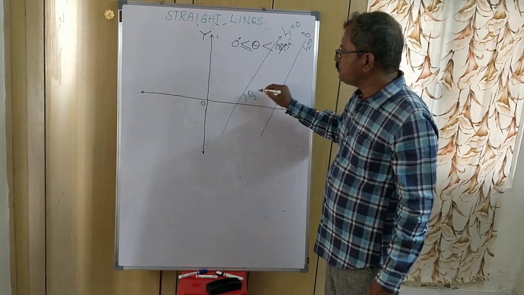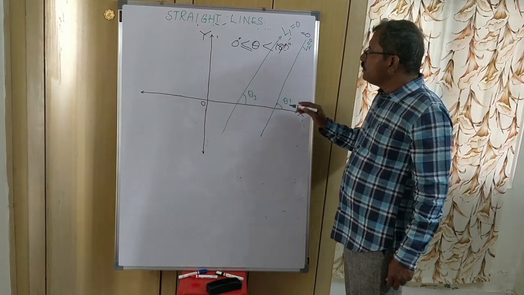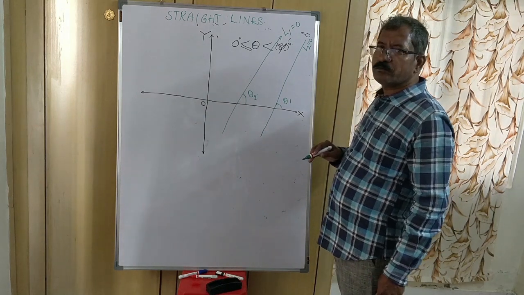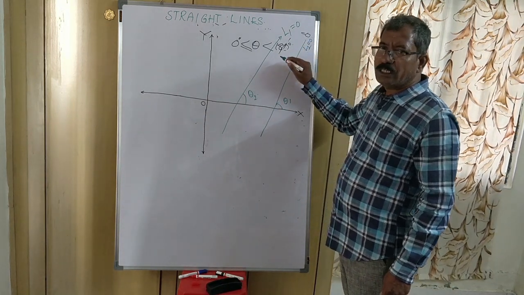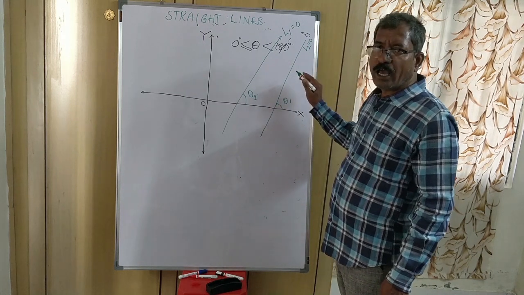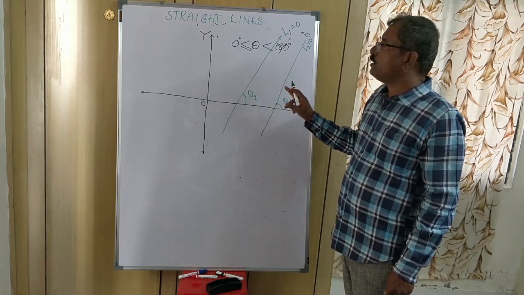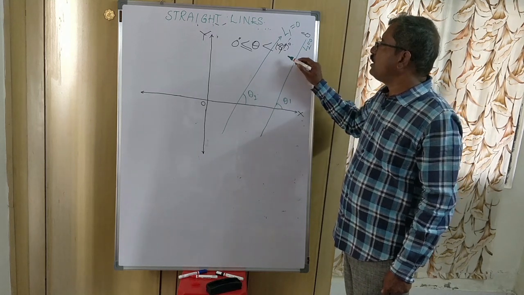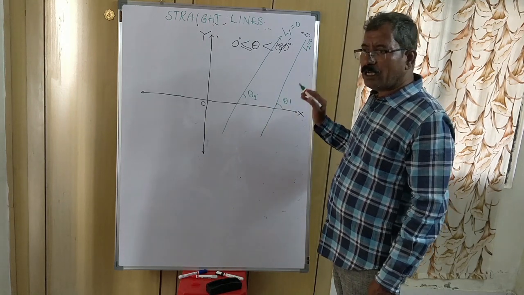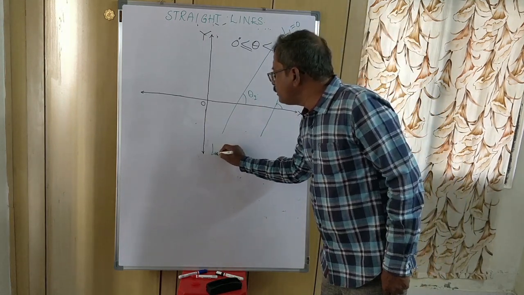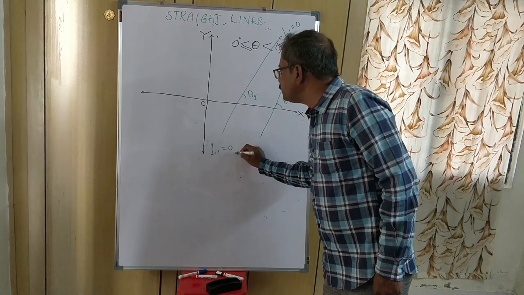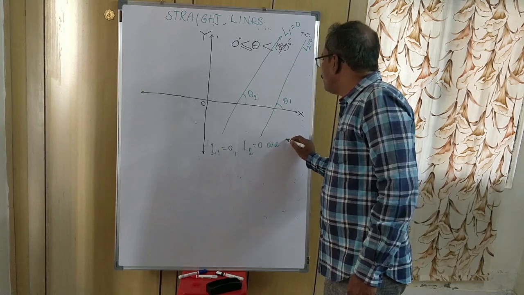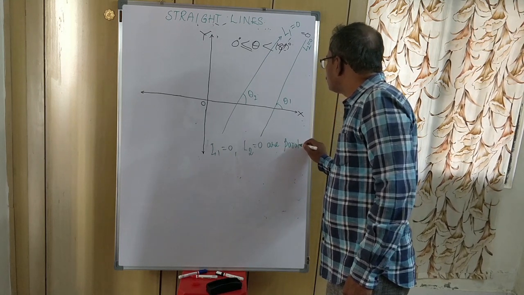If theta 1 is equal to theta 2, that means L1 and L2 have the same slope, and tan theta 1 is equal to tan theta 2. Then L1 and L2 are said to be parallel lines. So L1 is equal to 0 and L2 is equal to 0 are parallel to each other